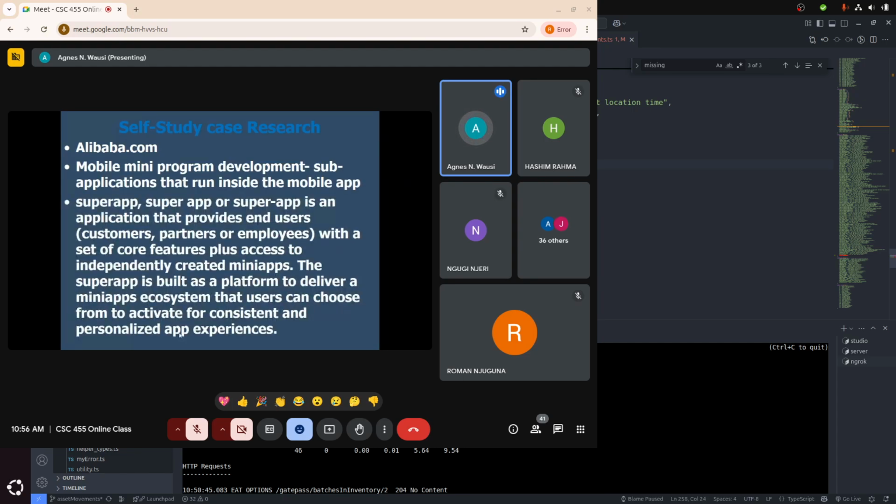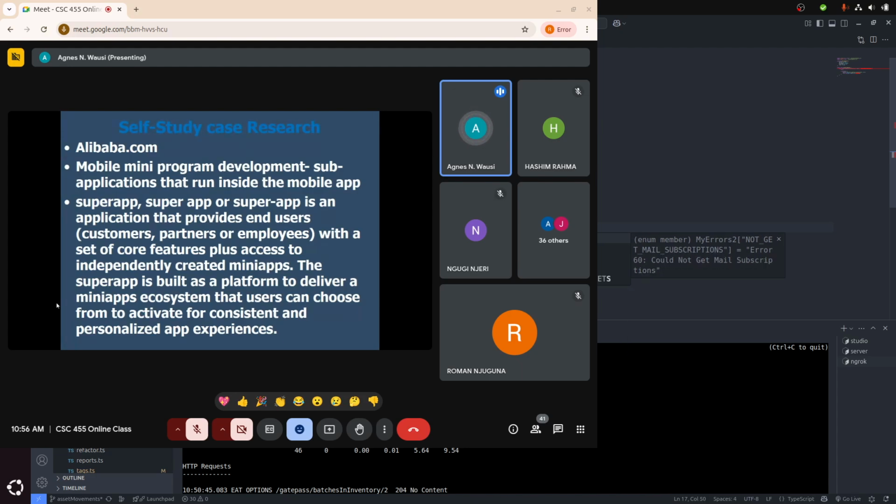To wind up the topic on this section, I have provided self-study questions or self-study directions that are important. You may look at Alibaba.com. I think there's been a lot of research that has been done there about the way it has developed. I haven't read about it more recently, but you can look at Alibaba. You can also look at Amazon and see how it is now moving towards what we will be looking at in another 2 weeks, maybe, the e-commerce ecosystems.